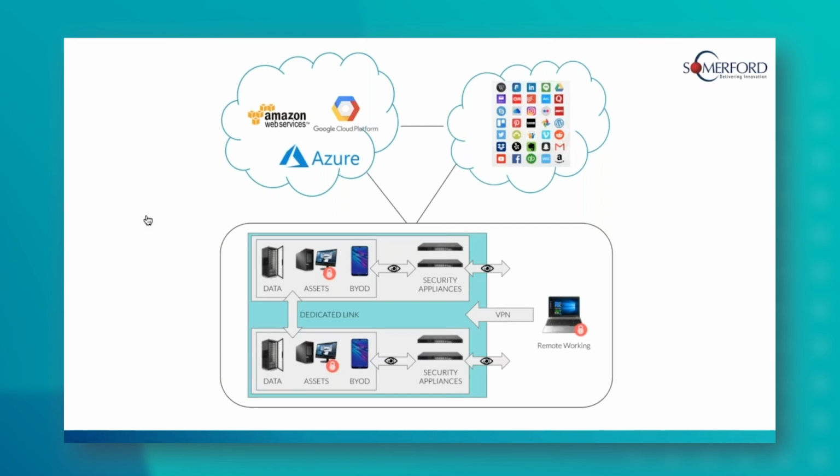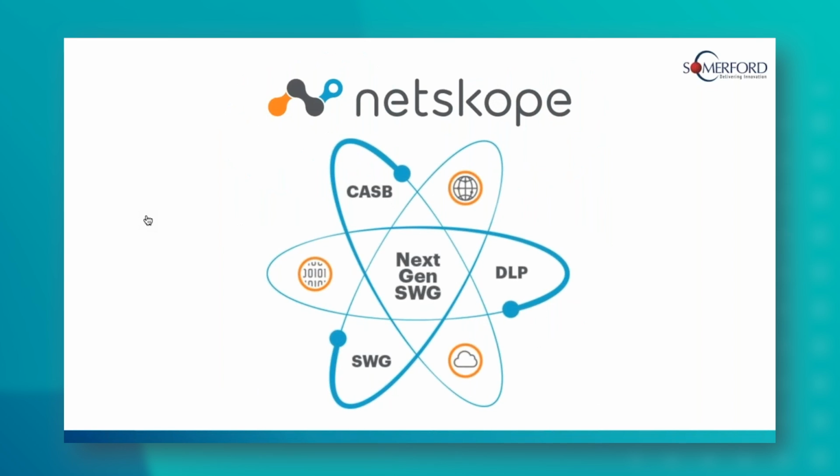So in the previous workshop, we focused on the next generation secure web gateway from Netskope, which is the CASB or Cloud Inline, which is where we're controlling those activities. For example, we go on to WeTransfer. We don't want our users uploading to WeTransfer. There's legal ramifications of that, loss of control of the data and so on.